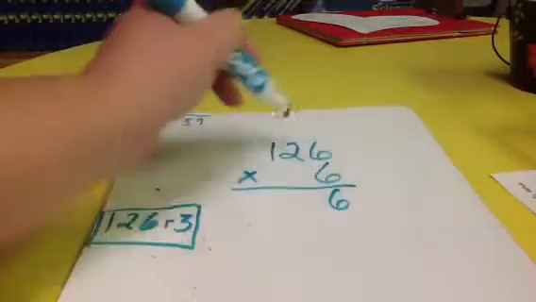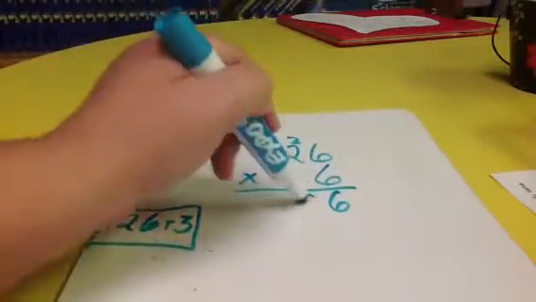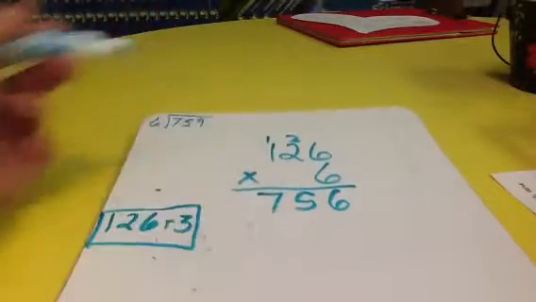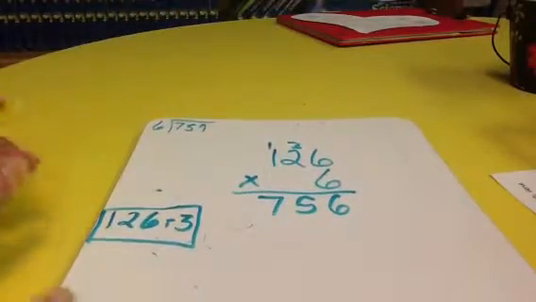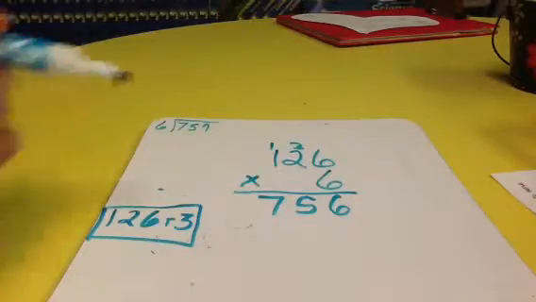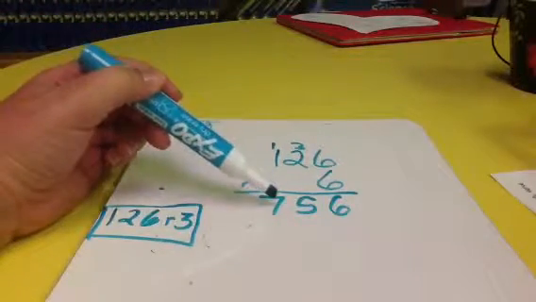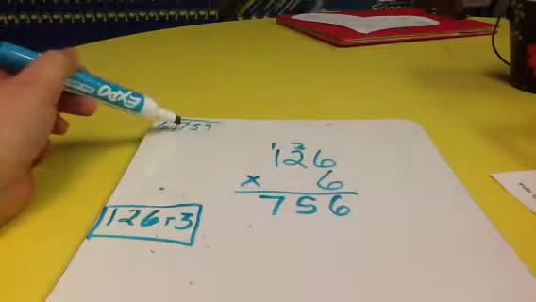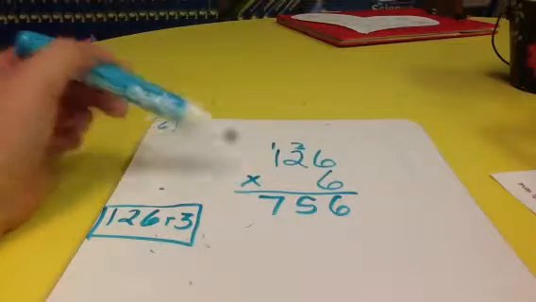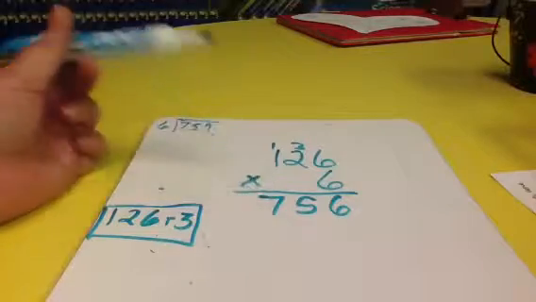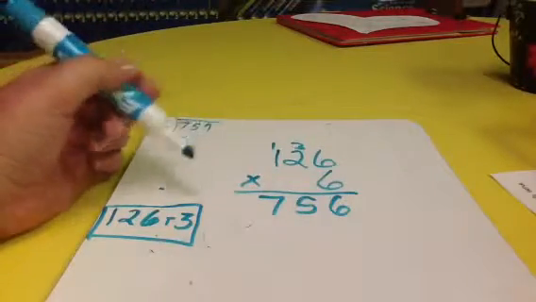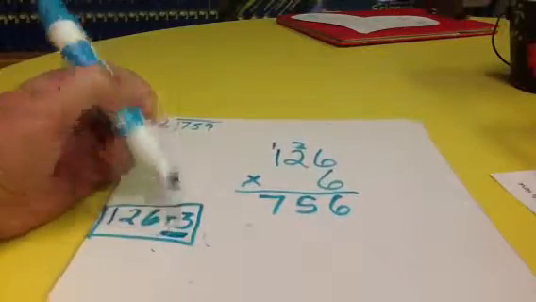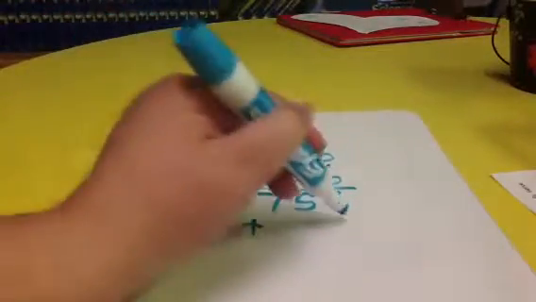6 times 6 is 36. So I have 756. Now, I have noticed in class that the students want to stop there and they're like, oh, I got the answer wrong because it's supposed to be 759 and I got 756. So I'm trying to encourage them to remember, don't forget your divisor. Because if we simply add in our divisor,